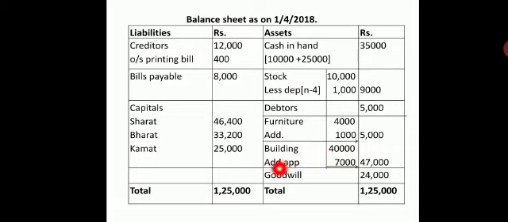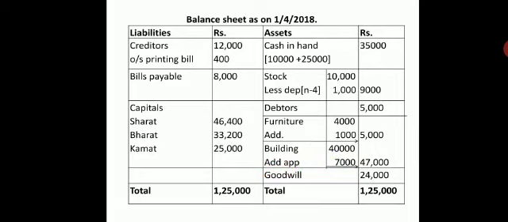Now the problem says goodwill is raised. So when goodwill is raised or created, take it as a new asset and show it in the balance sheet as a separate account. So write goodwill 24,000. Now total the asset side, that is 35,000 plus 9,000 plus 5,000 plus 5,000 plus 47,000 plus 24,000, which gives us